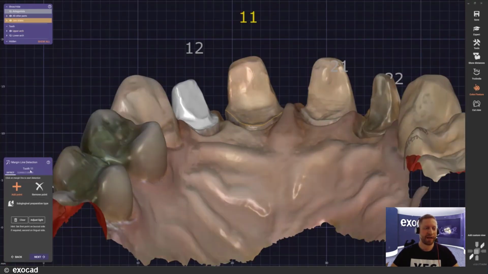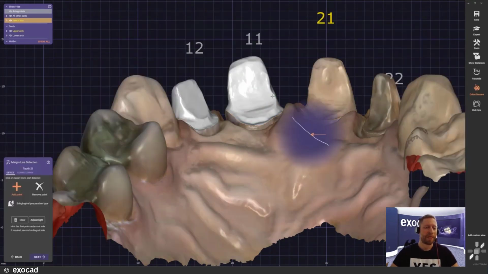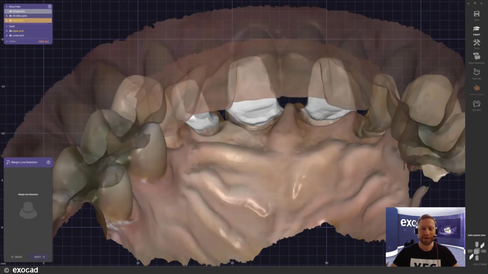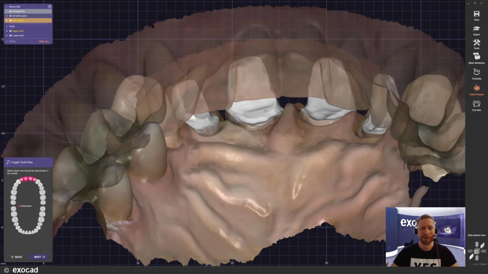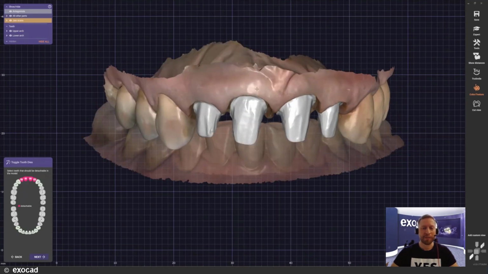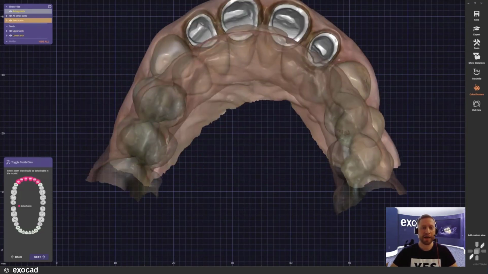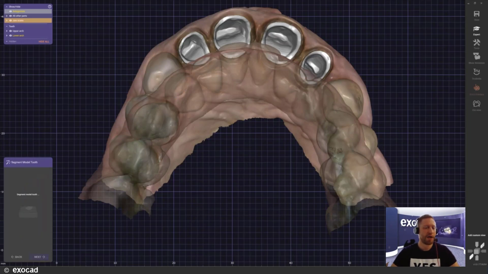And it's asking us here down in the wizard to go for tooth 11. I will just skip that and implement the margin lines that we imported. And I'm absolutely fine with that. And now we come to the toggle die step. In this step, I can determine what teeth or what stumps or dies have to be detachable from the model. And just because I like it so much, I will also choose both canines, because, you know, for the lateral contact points, the approximal parts, it might be sometimes easier to get an entire bridge in, for example. So I chose those, and I will just skip ahead.